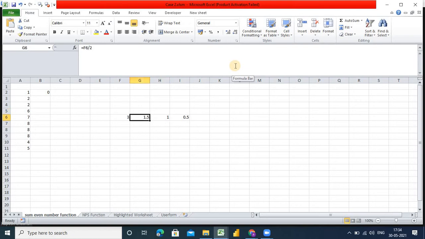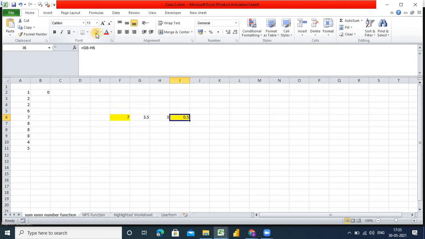If my value is 4 and this gives me the output 0, then this number is even, like this 2. But if I use 7, it will not give me 0, it will give you 0.5 or 0 point something.